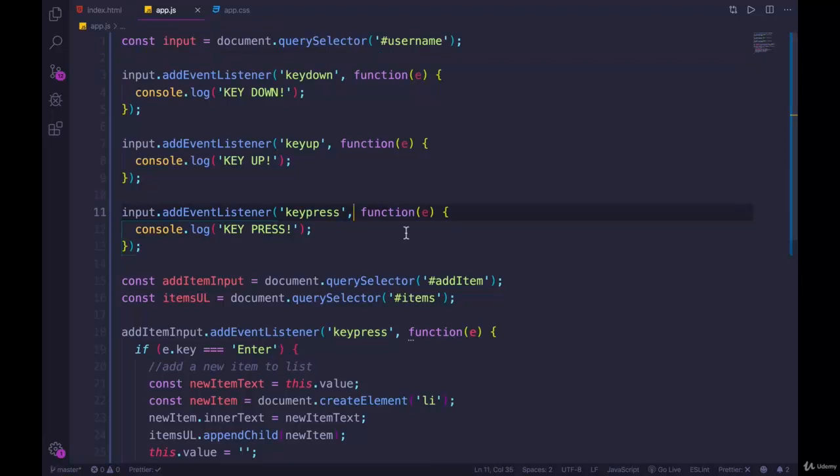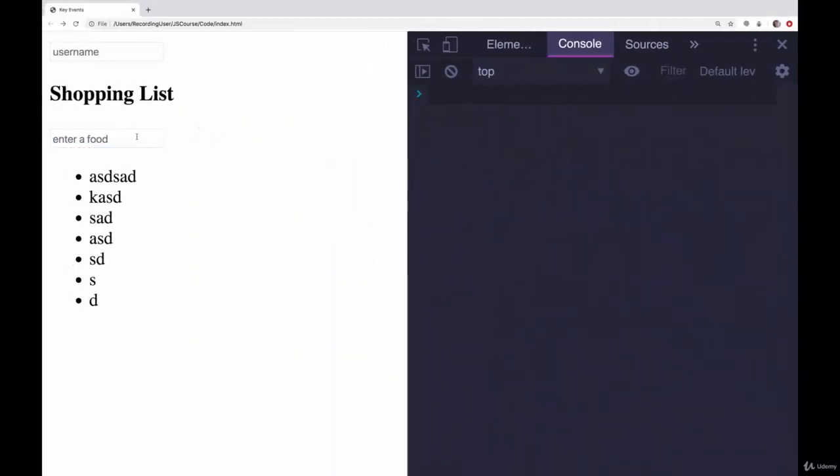Sometimes there's some weirdness across browsers, but the intended use for key press is that it only fires when, in the case of an input, something actually shows up, like shift K would be one key press instead of 2 key downs or 2 key ups. It would be 1 key press. An arrow key does not count at all. Something needs to show up here, or the user hits enter,